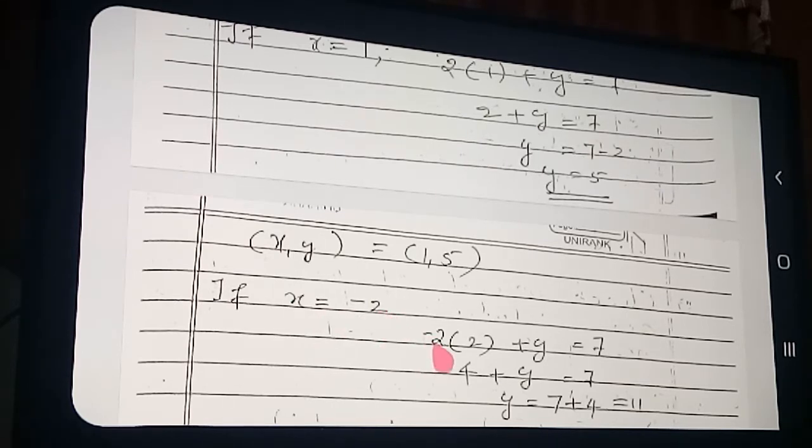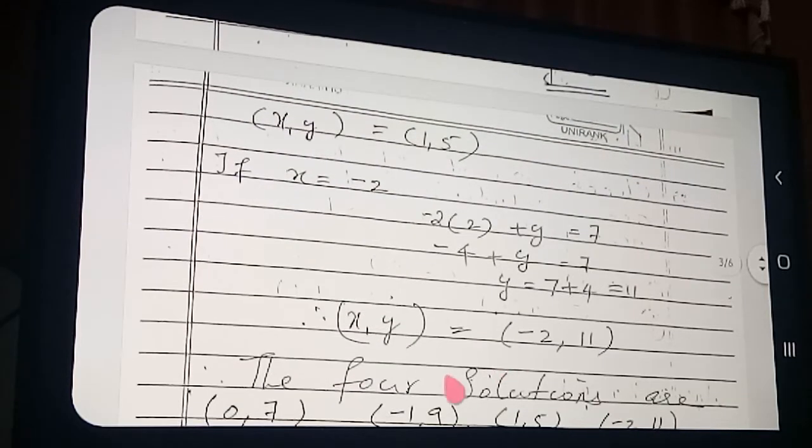So next question. See here, 2x plus y, x is equal to how much? Minus 2, I have given here. No problem. 2x is the same as x into 2 also. So minus 2 into 2 plus y equal to 7. So minus 4, 2 into minus 2, how much is coming? Minus 4. Minus 4 plus y is equal to 7. So you shift this minus 4 to this side, what will you get here? Plus 4. So y is equal to 7 plus 4. What answer did you get? 11.